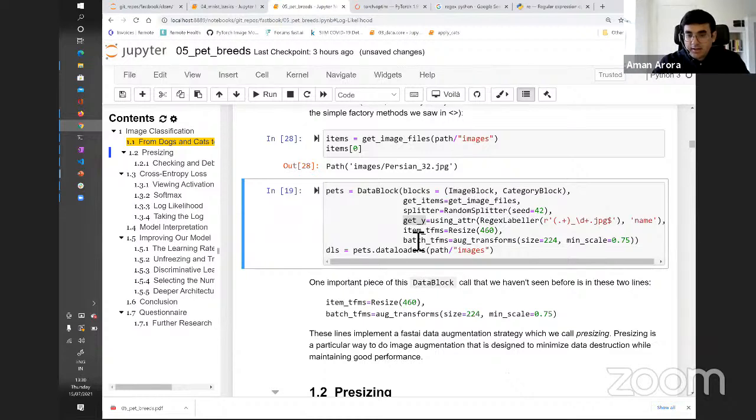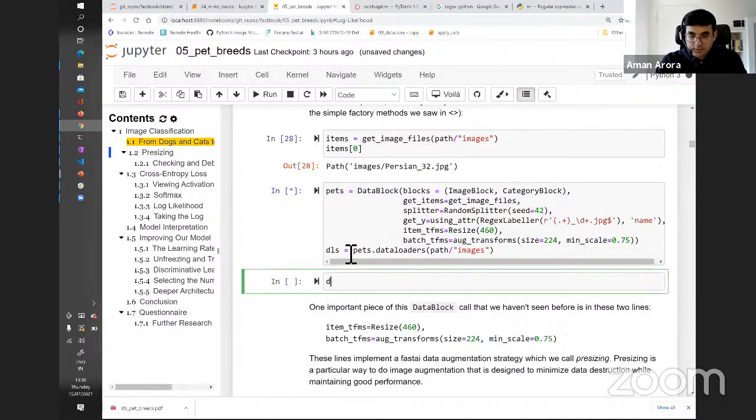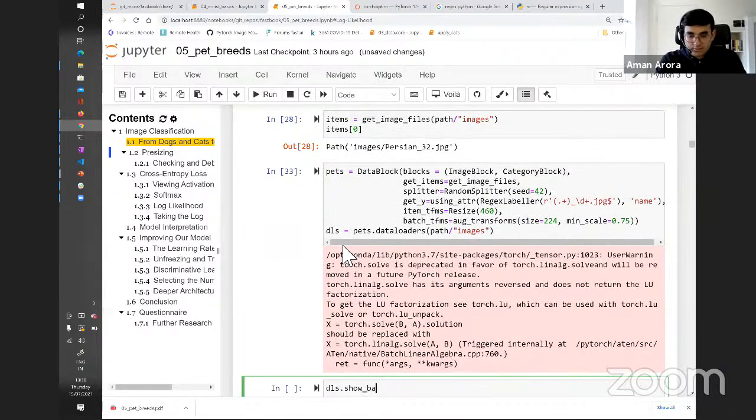And then you say, okay, once you have your images and your labels, then please resize all my images to this size, 460. What that means is, remember how I said in the past that in a data loader you want all your images to be the same size. And then finally, you pass your batch transforms, and these are the augmentations, things like rotation, zooming in, zooming out, so your model becomes better at generalizing. We've looked at this in the past as well, and that's how you get your data loaders. So you could then say dls dot show batch,